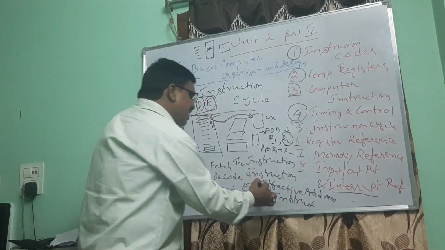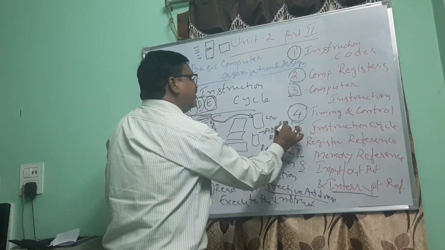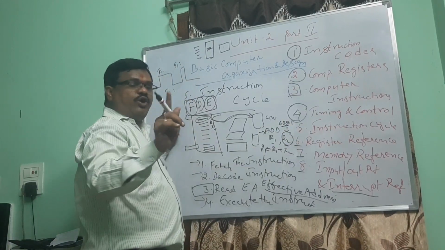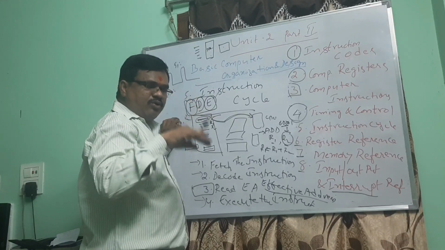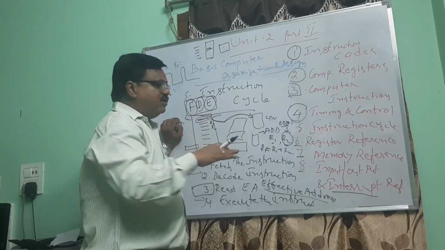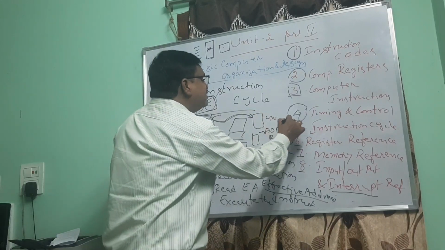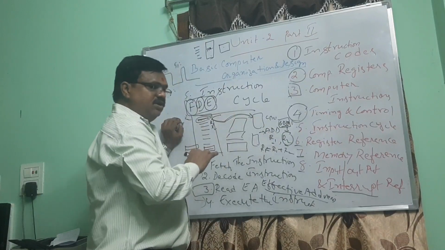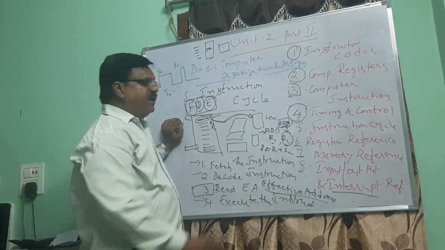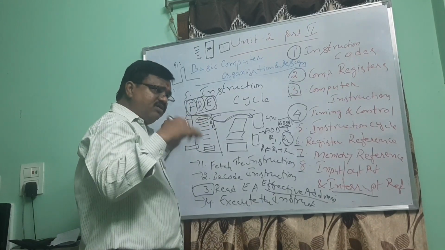That address is called the effective address. So whatever 6000 is, 6000 is not the value that you are going to add to the value of R1. Whatever value is stored in the 6000 location is going to be added to R1. So there is an inner meaning, and sometimes even the effective address is more difficult to calculate.